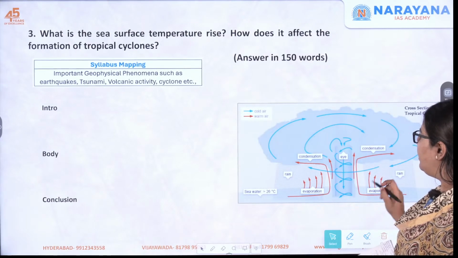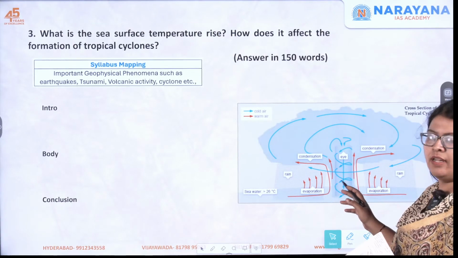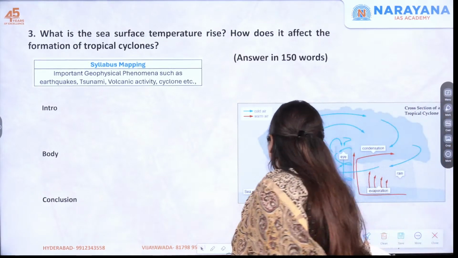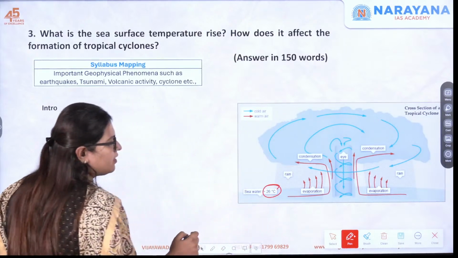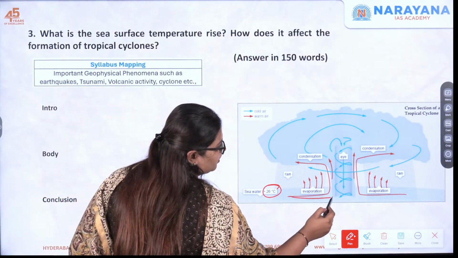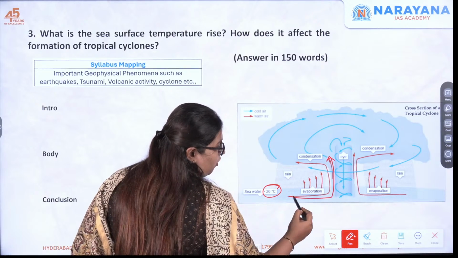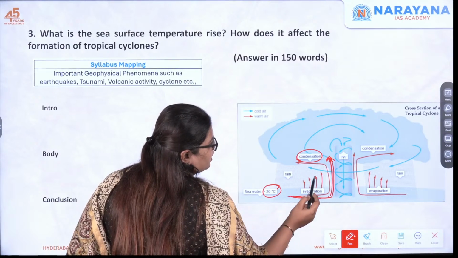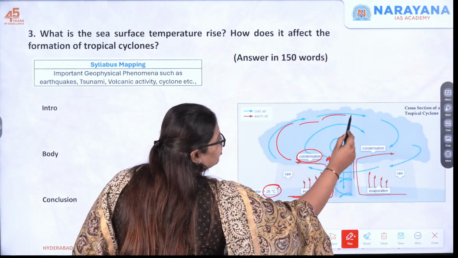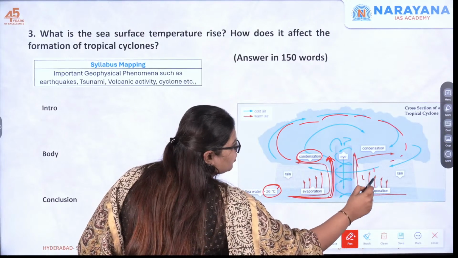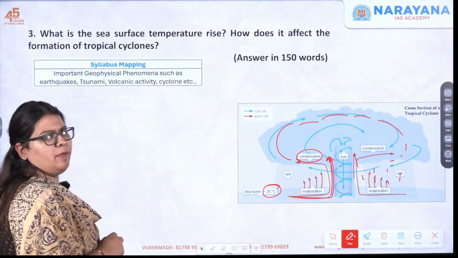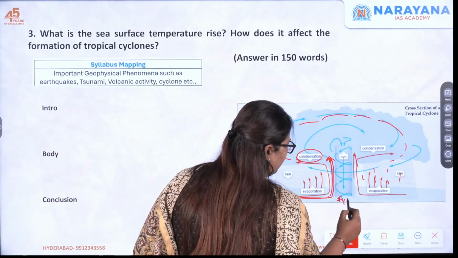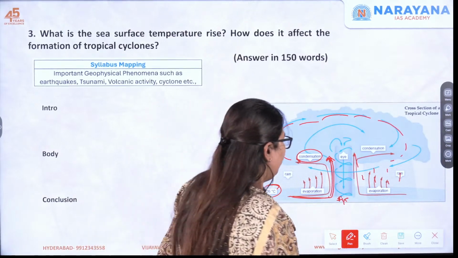Now moving forward, this is the diagram that I wanted to show with respect to cyclones. If you can see, the sea surface temperature is 26 degrees. Here there is evaporation of the water, which then moves as moisture, then undergoes condensation, and then there is a swirl over here, and then it pours down as rain. So this is the diagram of tropical cyclones, and this is called the eye of the cyclone. Okay, now moving forward,